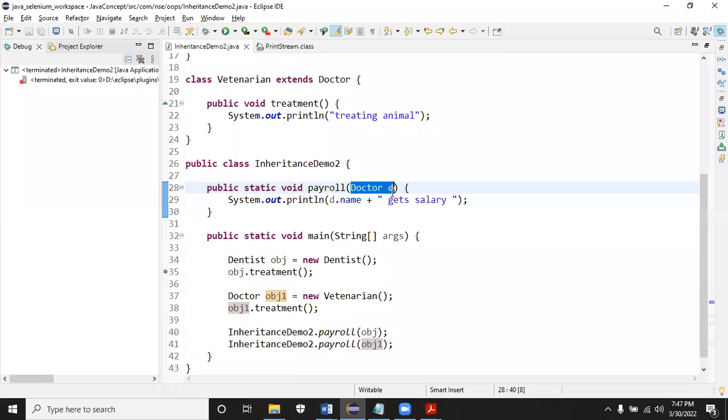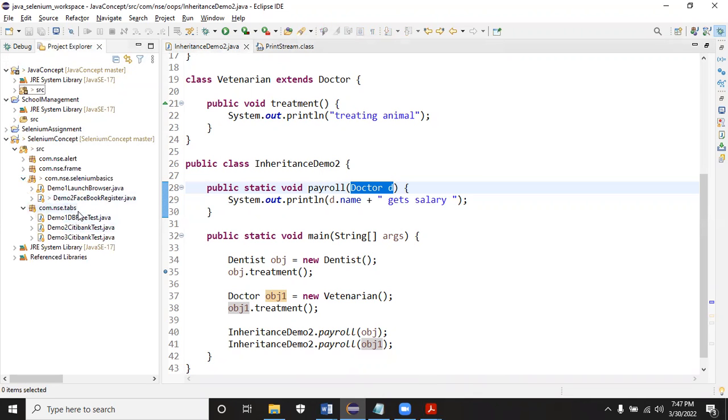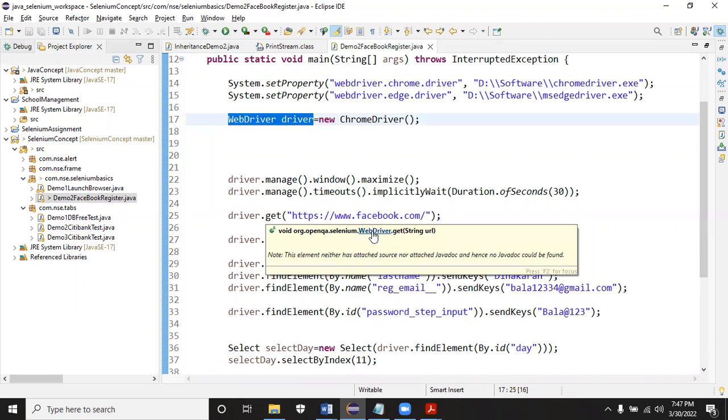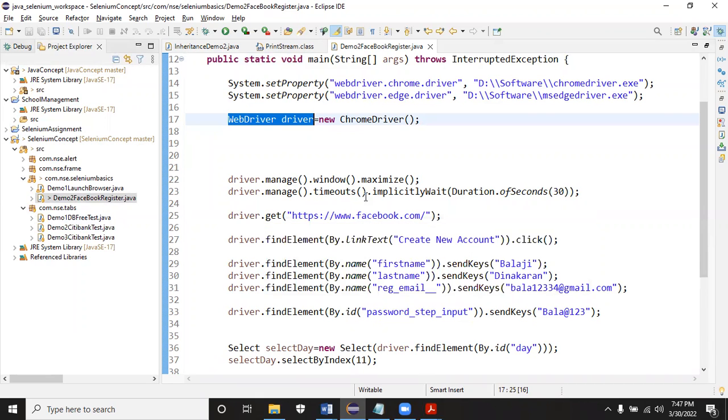We store it in the WebDriver. If you see in Selenium, we store it in the WebDriver. And after storing it in the WebDriver, we are doing driver.get and all. You see, it's actually showing the method is coming from WebDriver. But during the runtime, if the method is overridden, the overridden output will happen. So based on the object you create, the method will be called.